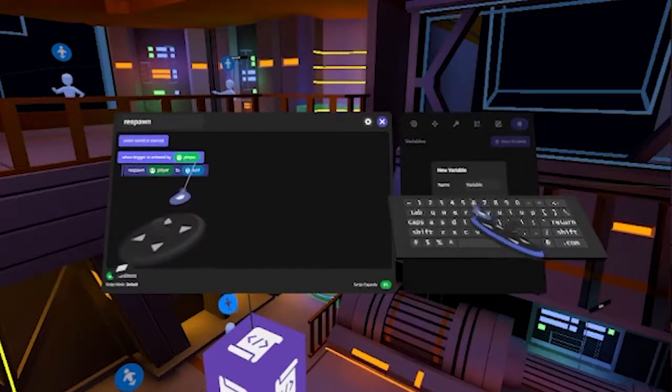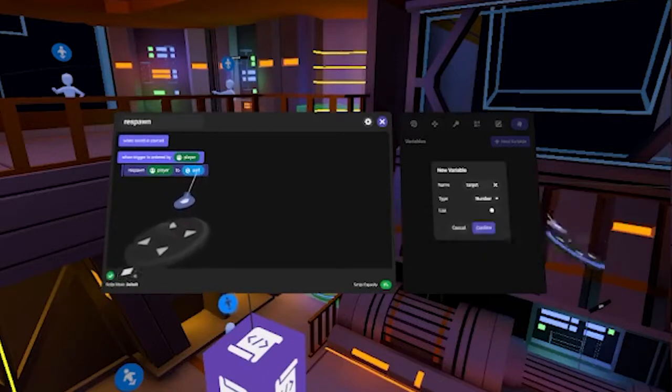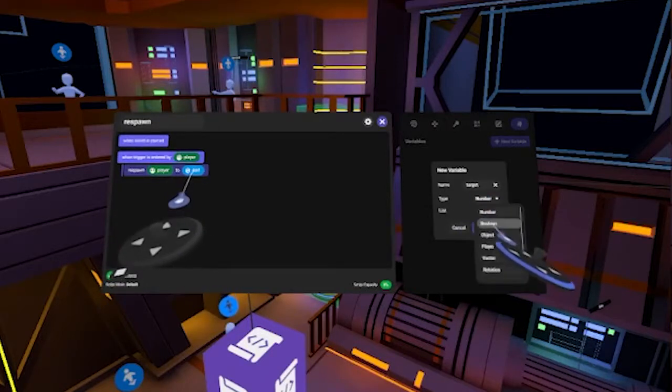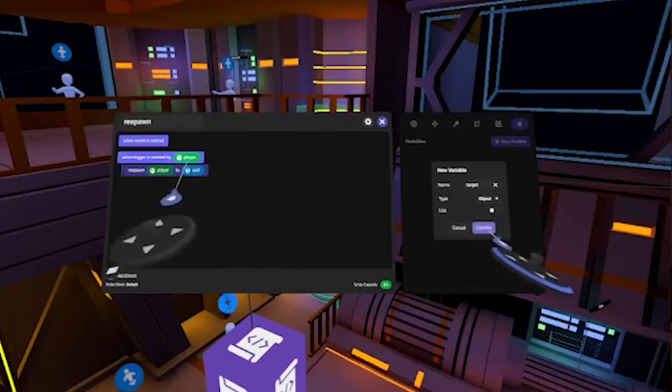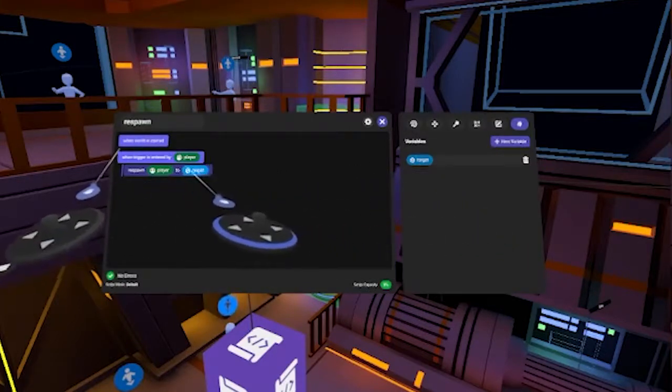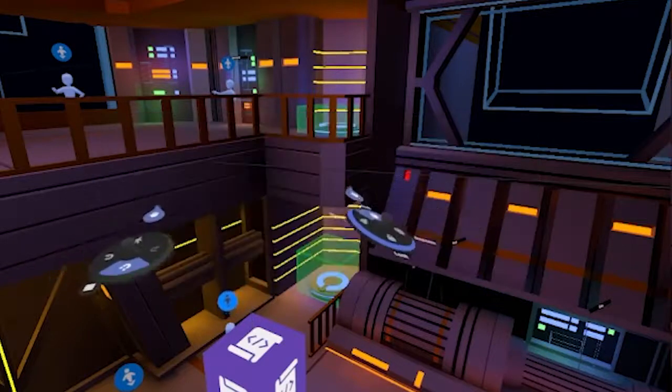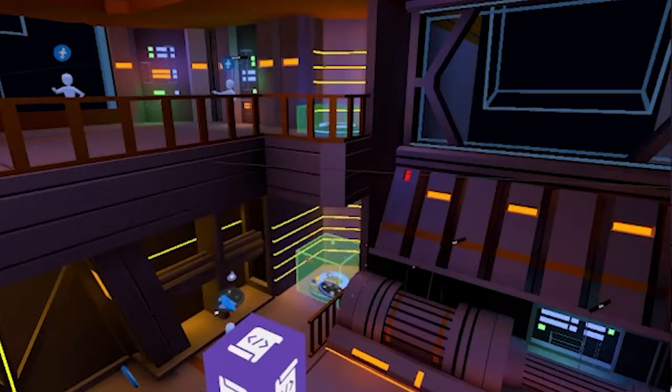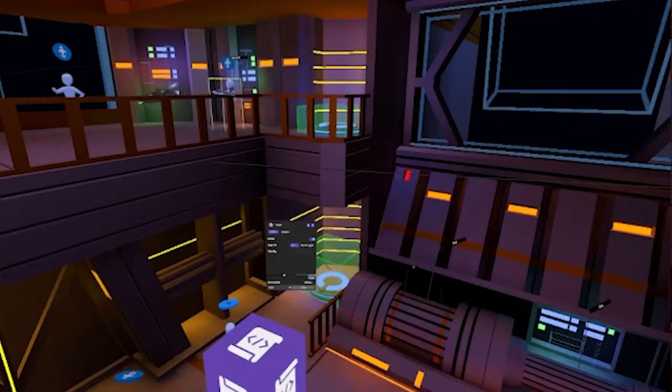Then, from the variables tab, we add a new object that says target dest. This is where the player will respawn in the world. Next, we can grab our variable and add the respawn code block. Let's close our editor and attach the player respawn to the script. In the attach script section, select the respawn script. Last, we need to attach the respawn to the trigger by opening the respawn's property panel and dragging it into the target dest variable. And that's all.